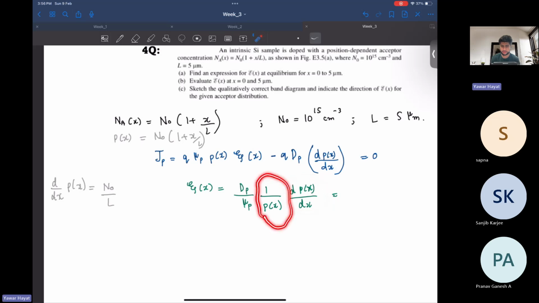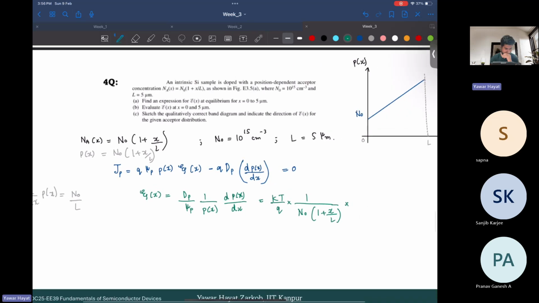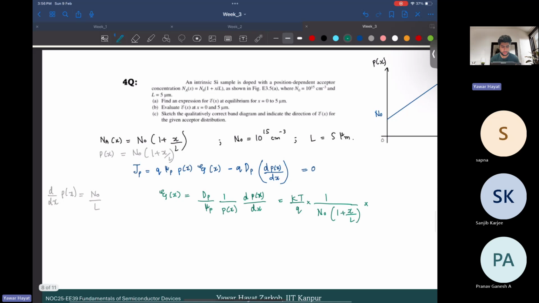What is this? This is this, right? N naught 1 plus X by L. Let me write, otherwise this would be a little too fast. So dP by mu P is KT by Q, 1 by P. So this is your N naught 1 plus X by L times dP by dx, right? And dP by dx is N naught by L. This and this can go. We'll be left with E of x, and that is equal to